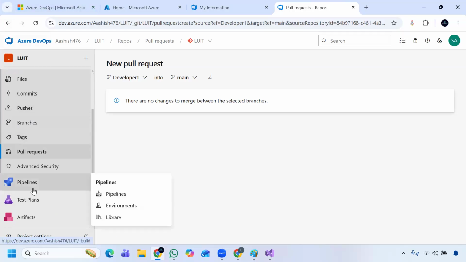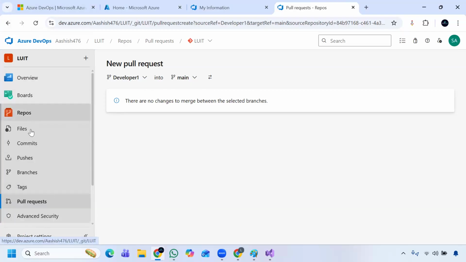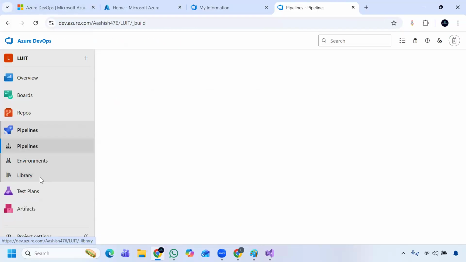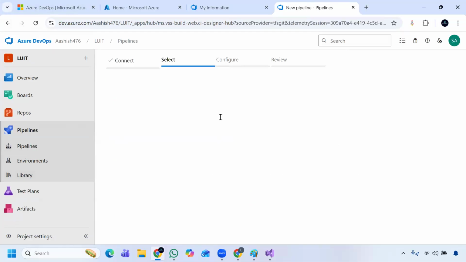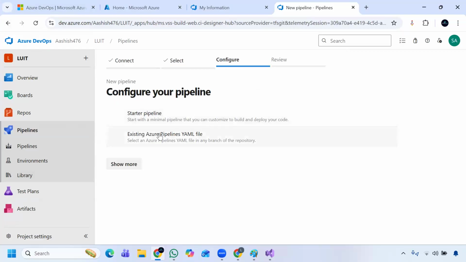Now the actual thing. Now you have pipelines. To work with any CICD pipeline, you should have a proper repository, you should have a proper file, and only then will they deploy, right? So in the pipeline, they will be using the repository and they will be deploying the changes. Now if you click on pipeline, create a pipeline, for creating the pipeline itself it will ask which repository you want to create it on. Now we have the LUT one repository. So start pipeline, if you select this one